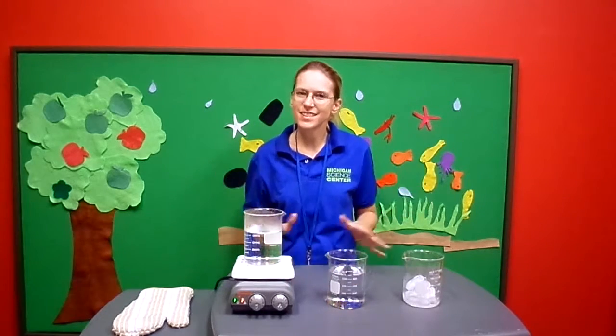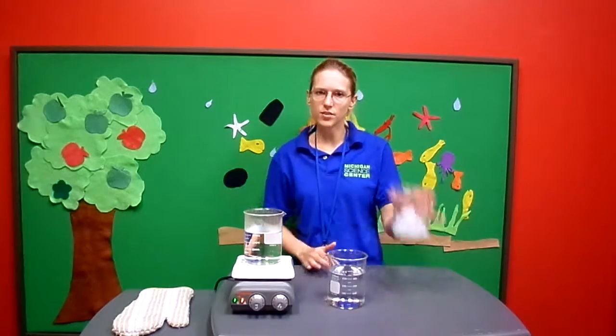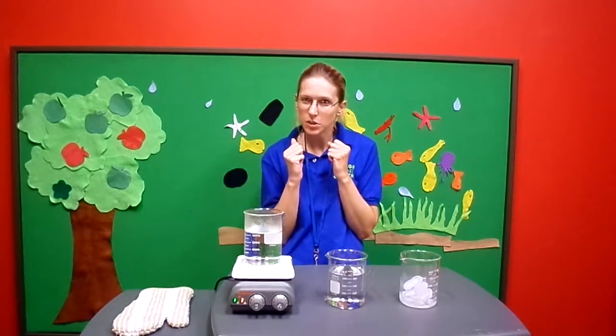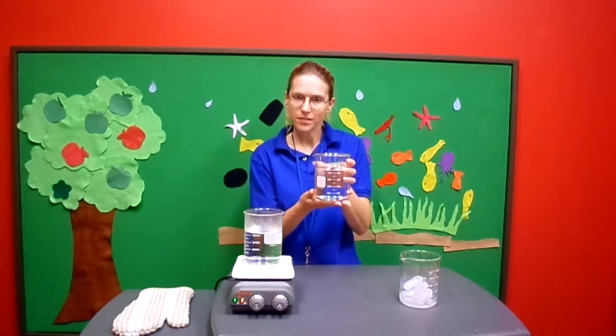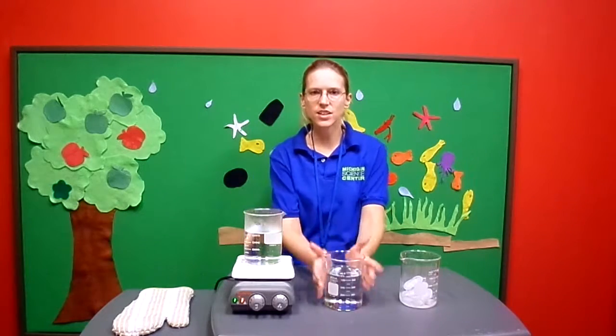Now, what is matter? Matter is anything and everything that takes up space, and it comes in different states. The first state of matter, as you can see, I have ice cubes. Ice cube is a solid, and molecules in a solid are tightly packed and they kind of wiggle around. But when you add energy or heat to a solid, it turns into a liquid. And liquid molecules have a little more energy, they move a little more, and they take the shape of the